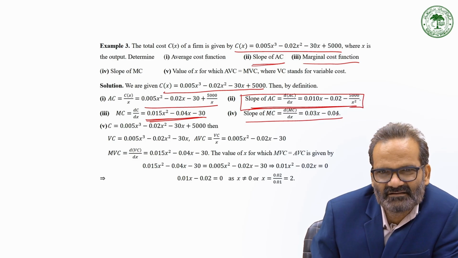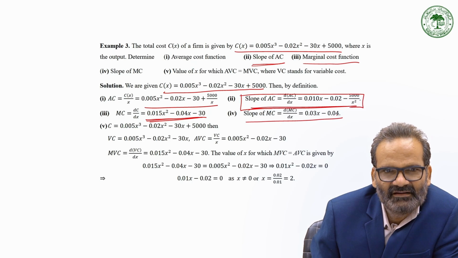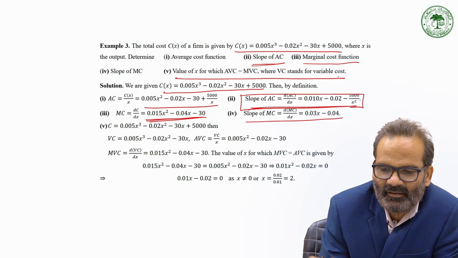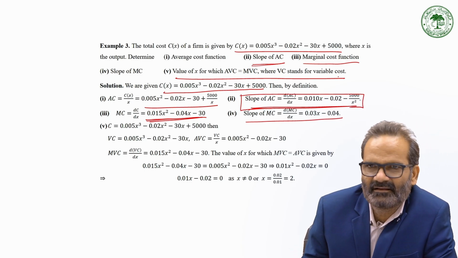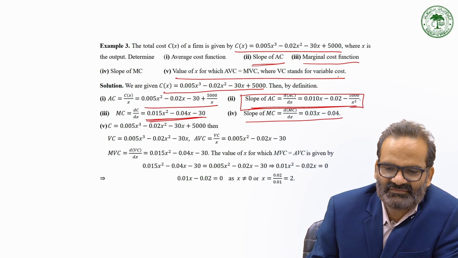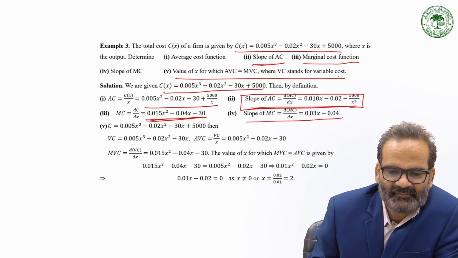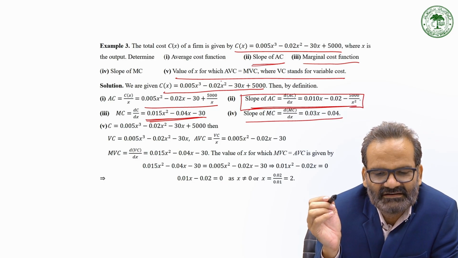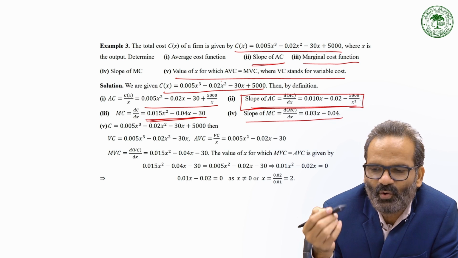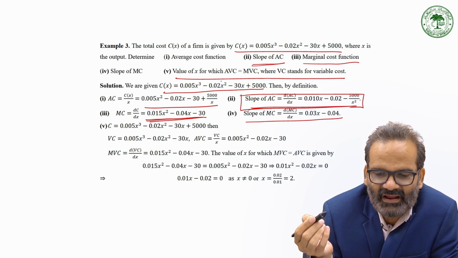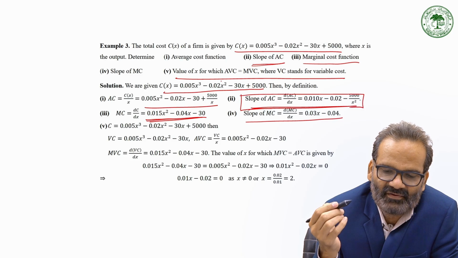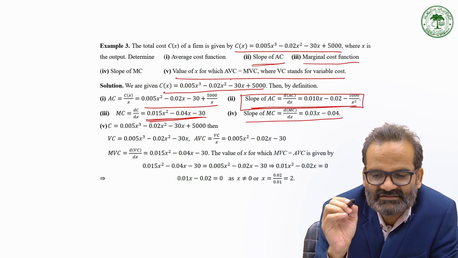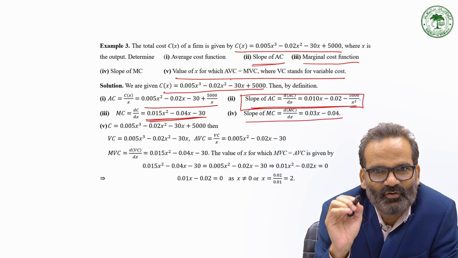The 30 is a constant because its derivative will be 0. What is important here, the fifth part, is somehow different from the remaining exercises we had already done. The value of x for which AVC equals MVC. Value of x means the quantity of x, the output x. What should be the output of x so that the average variable cost equals the marginal variable cost,